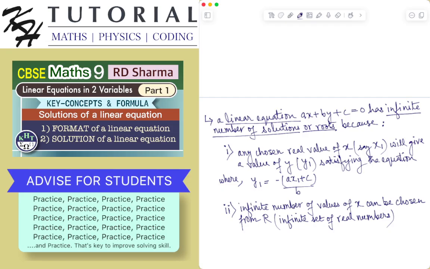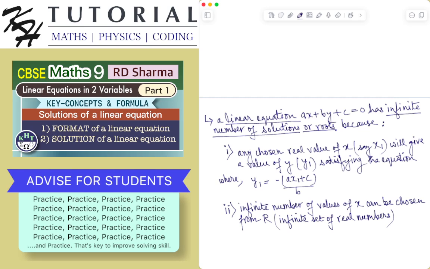I can similarly choose infinite number of real numbers for x1, since there are infinite number of real numbers. I'm choosing a value of the variable x as x1. There are infinite number of real numbers that I can choose as x1, and for each such x1